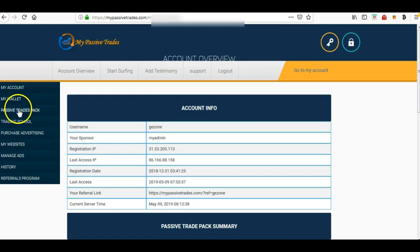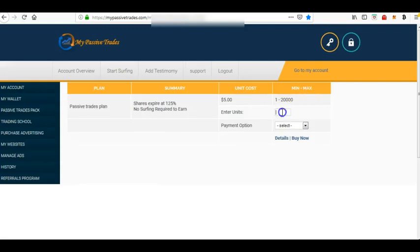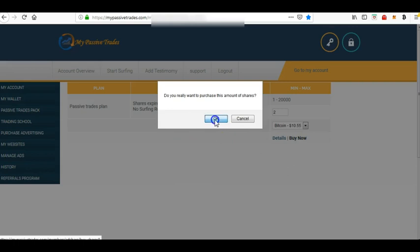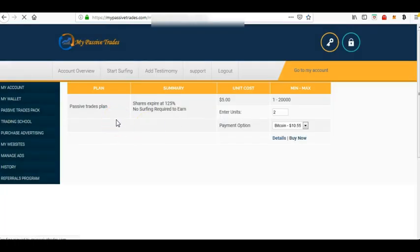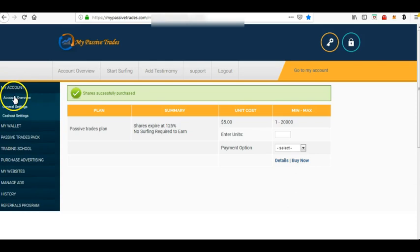So again, what we can do now is buy a further 2 ad packs. So literally, we go in here, buy the 2 ad packs, drop down to there, and buy now. And that is what we want to do. So there we go. We get the green box again. Shares successfully purchased. So if we now go down to the account overview,